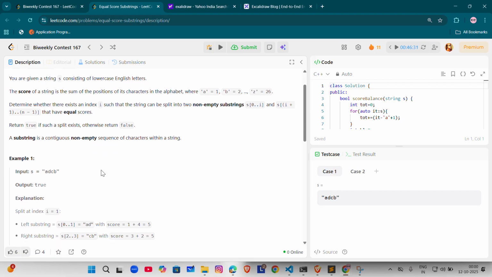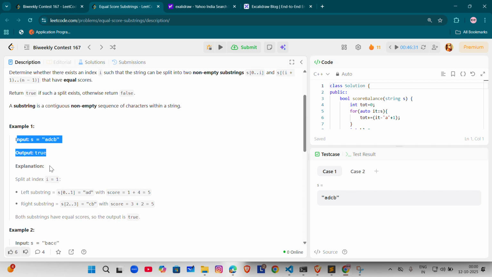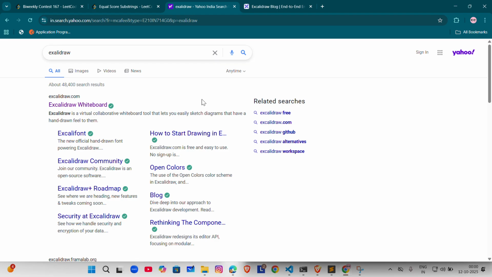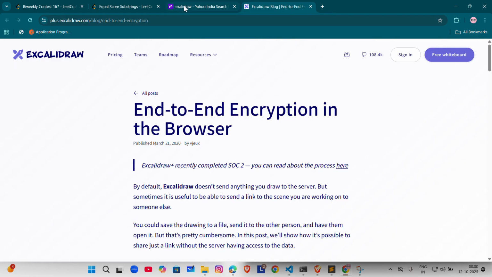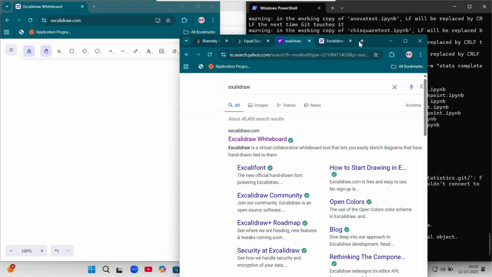So what we actually need to do in this question, let me see. First example: A, B, C, D, right? We have to split this in a way such that the sum till I is equal to the sum from I plus 1 to n, right? So what this actually means is,